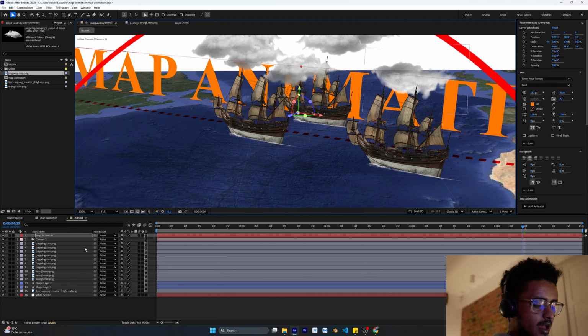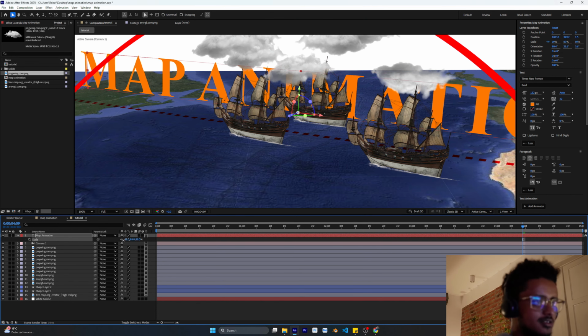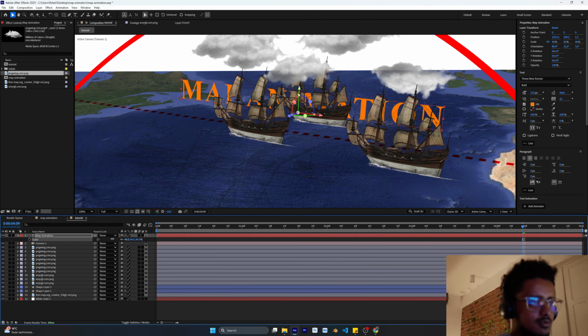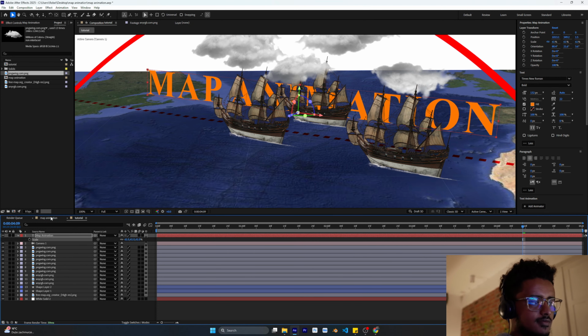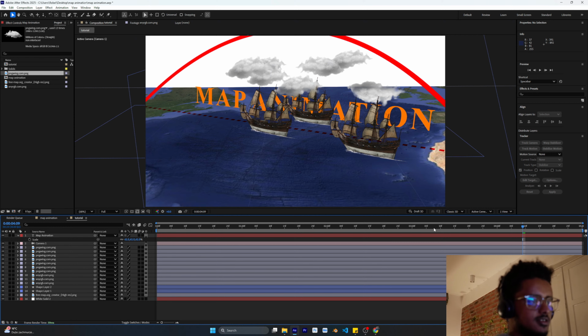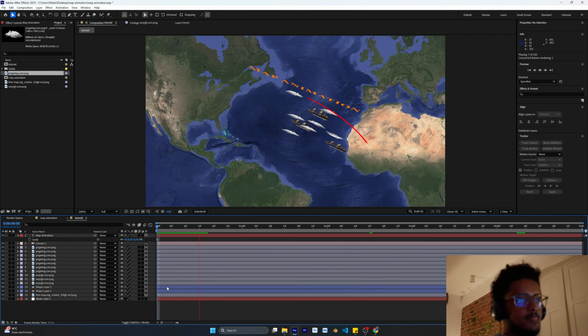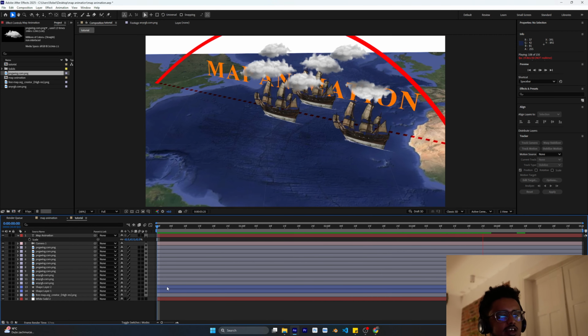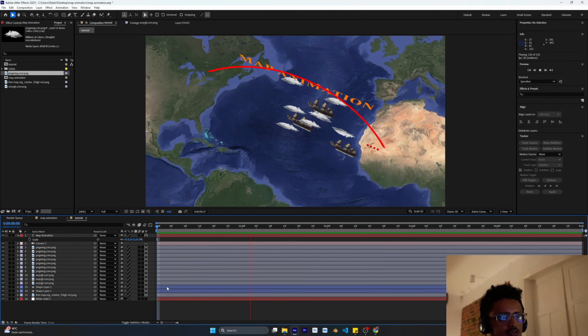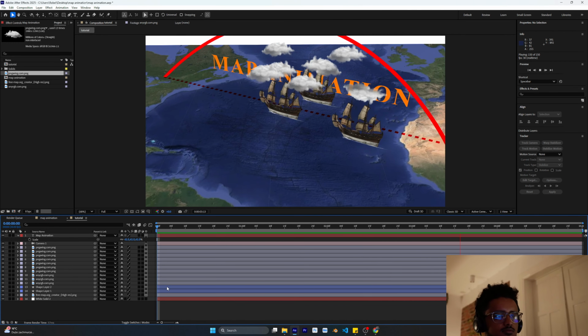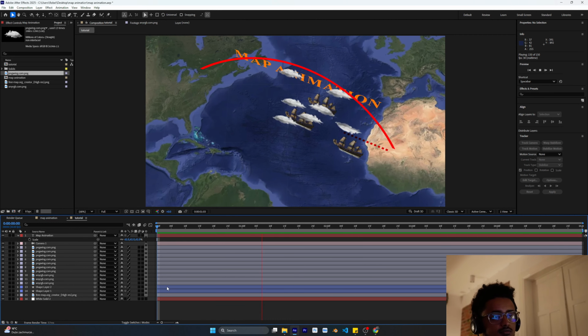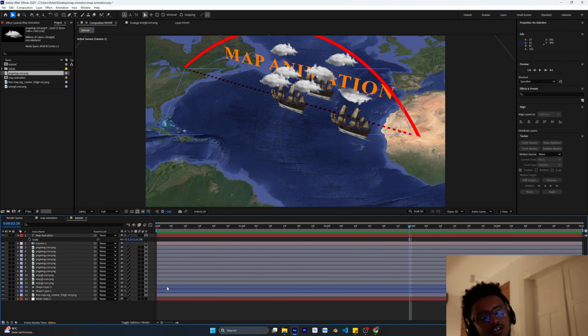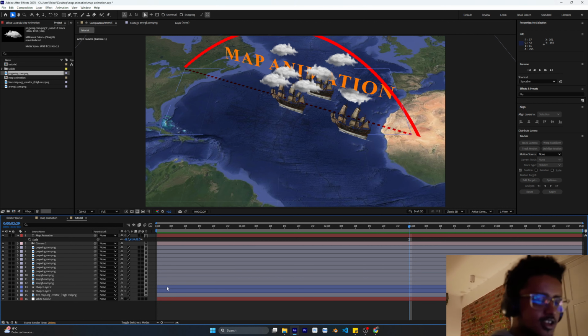And yeah, maybe the scale might be too big, so I'm just going to make it smaller, just a bit. And you can create this type of animation. And the possibilities are endless. Like you can go on and create even more types of